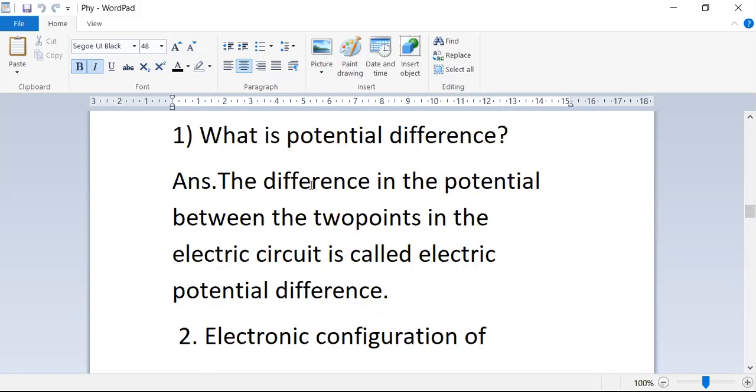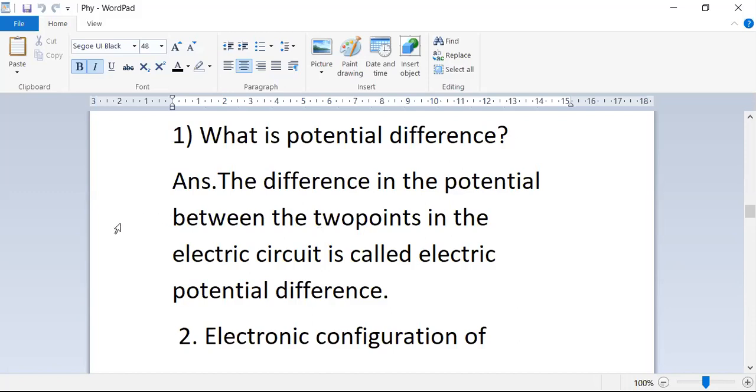Okay, you just have to write the answer, and also remember you just have to write the answer in 1 sentence. Your answer should not be of more than 1 sentence, because the question asked should be answered only in 1 sentence. If you write the answer in more than 1 sentence, you are not getting the marks. So just answer in 1 sentence as shown on the screen.